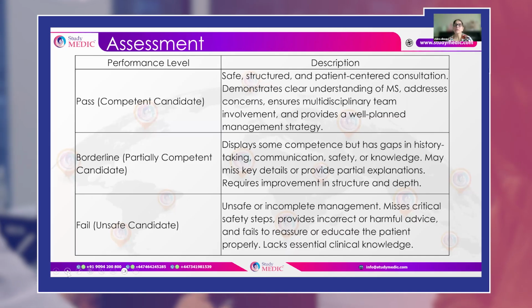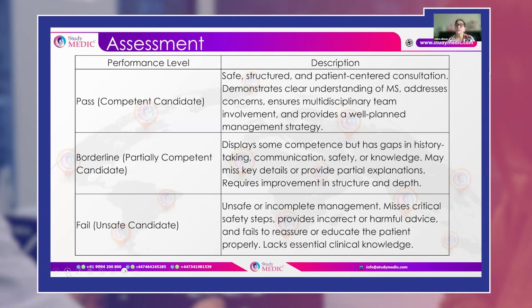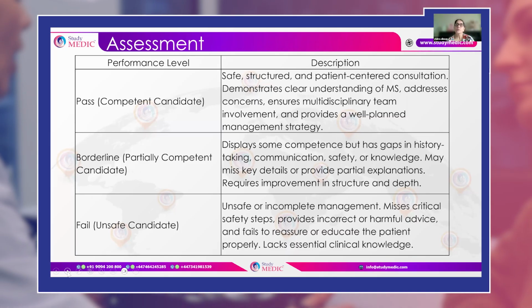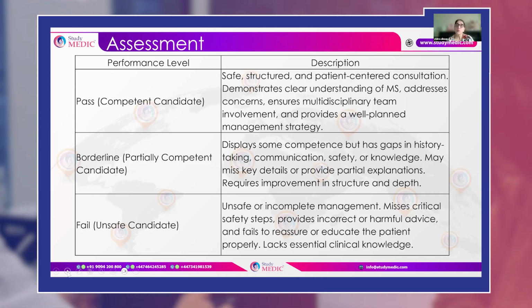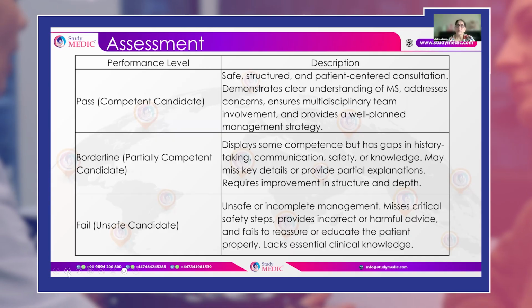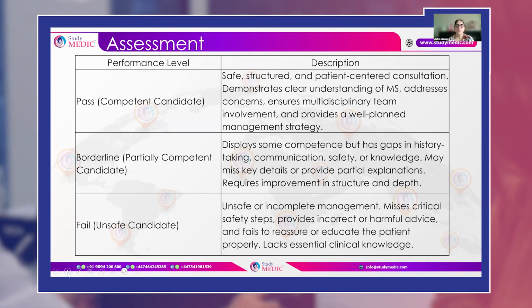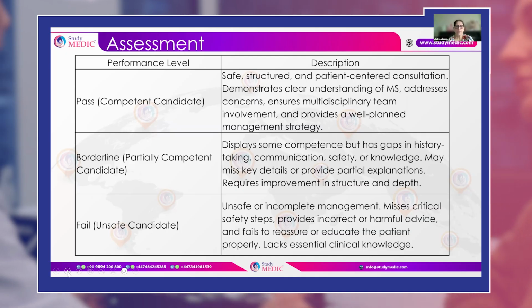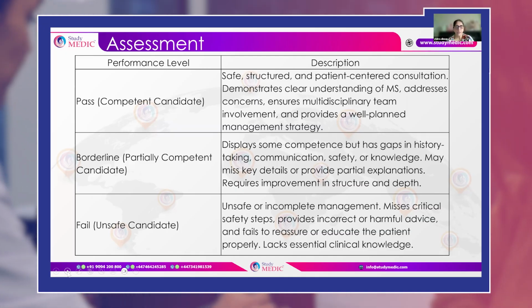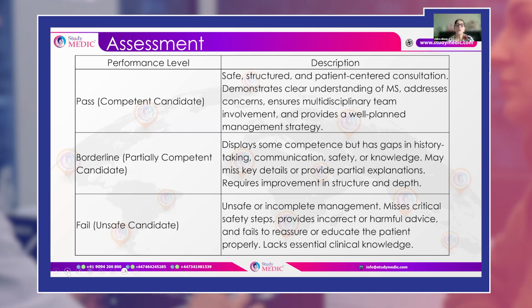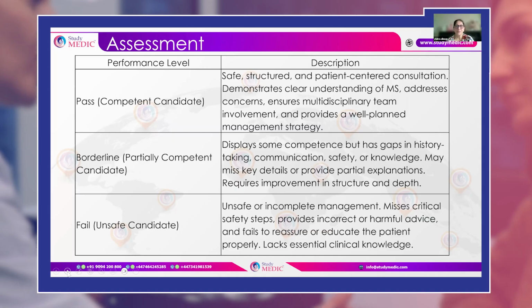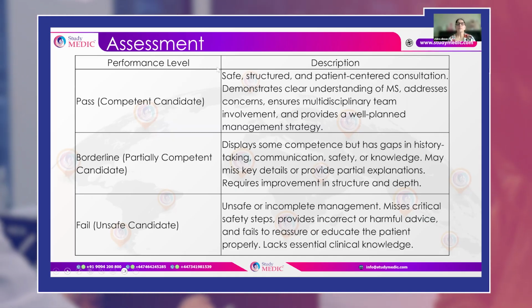So like everything is covered, but does not address the issues with smoking, or does not talk about relapse in postpartum. Okay. A candidate that is unsafe, or the candidate that has not cleared the station, unsafe or incomplete management, misses critical safety steps, provides incorrect or harmful advice, and fails to reassure or educate the patient properly. So this is one who lacks essential clinical knowledge. So that was all about